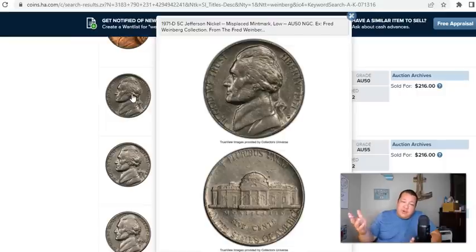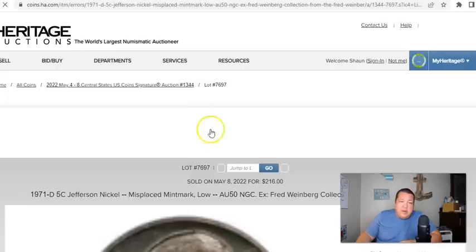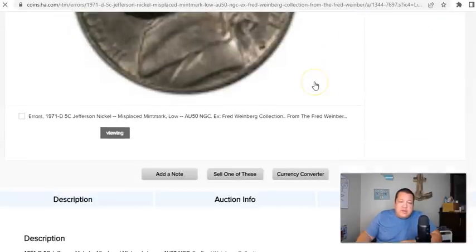You could see how much further south this particular coin is. Now, to a lot of folks that I've talked to in the community that actually searches through nickels had said, yeah, I found quite a few of these before, but never thought that they would have any sort of value. Now, granted, yes, these all have Fred Weinberg's name on them, but it doesn't really mean a whole lot when it comes to coins like this. This one right here, actually, PCGS had assigned this one. Let's go ahead and click into it because I want to take a look at the slab if it's in here,